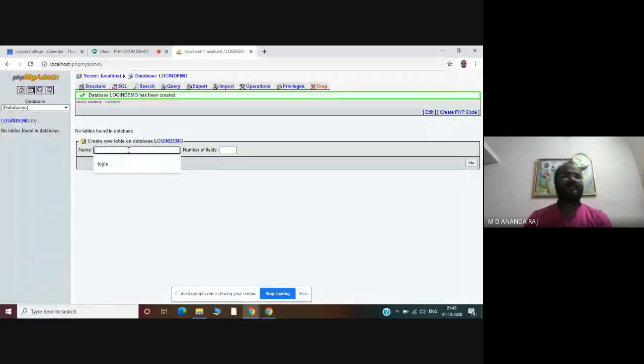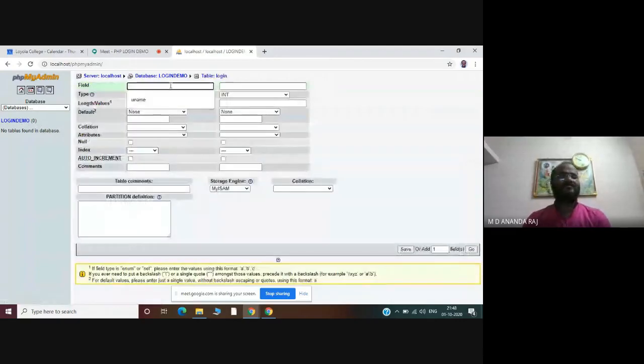Now I am going to create a table called login and I am going to have two fields. Just click go. In the two fields, one is called username and another one is called password.